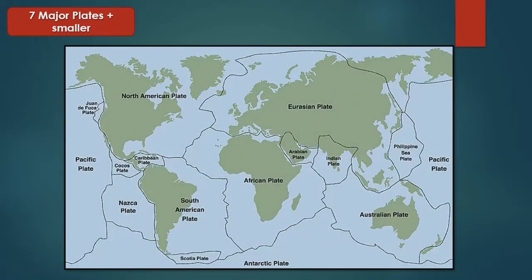So here is the map of the world along with the different major plates together with the smaller plates. This time we will be mentioning and listing out the 7 major plates. The first major plate is the Pacific plate. The next to that one is the North American plate, followed by the South American plate, and next to that is the African plate. On top of that is the Eurasian plate, and we have the Australian plate, and finally